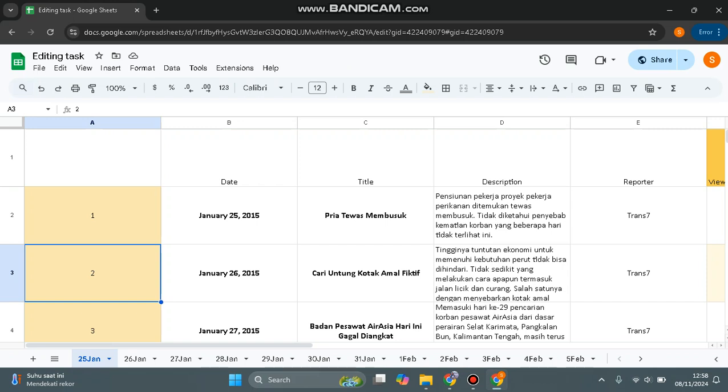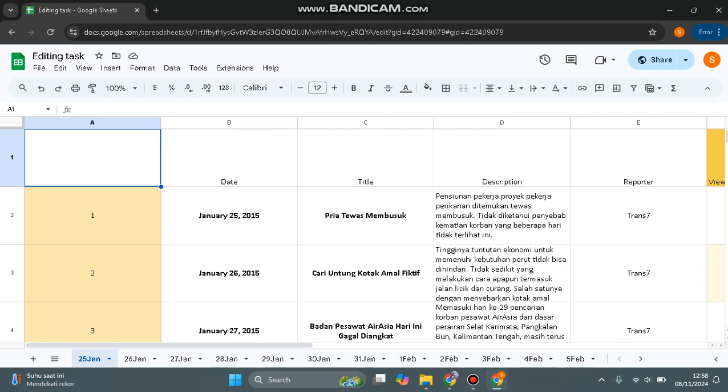On today's tutorial, I'm going to show you how you can change the time zone on Google Sheets. So if you are, for example, moving to another city or country and you want to set the time zone using your current country that you are living in, you can just follow the steps right here to change the